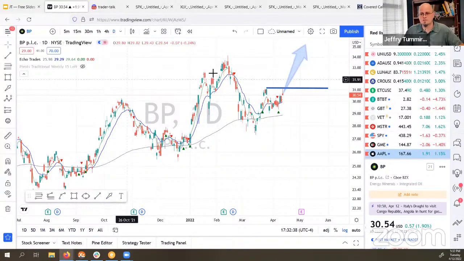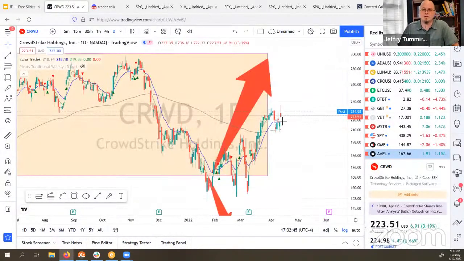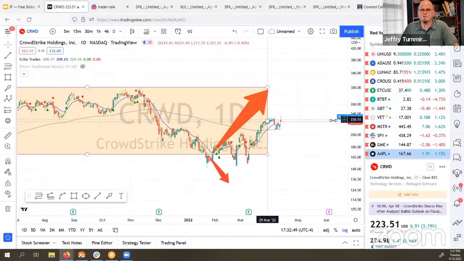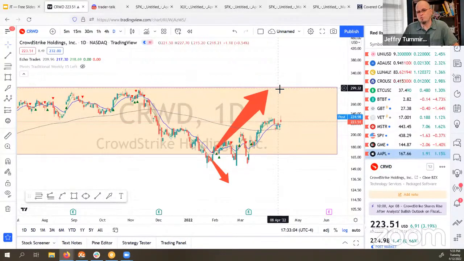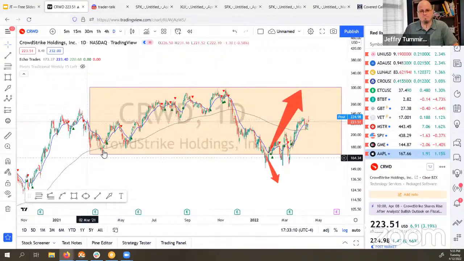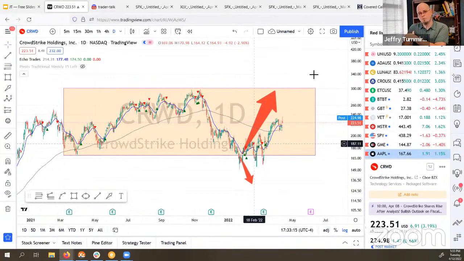All right. Let's see, CRWD. I'm running a little behind on the chat, looks like about 20 messages back. So CRWD is still sideways, stuck in this orange box here. They tried to break down, couldn't do it. So running back up to the top of the orange box is what I thought would happen when it broke back in. So you've got resistance at around 300, looks like, top of this box. And this box has been the box for a year now, over a year. So resistance up there, support down here. And that's what you've got right now on CRWD.